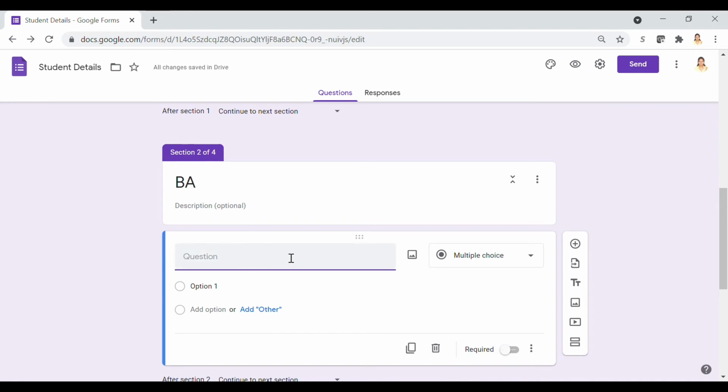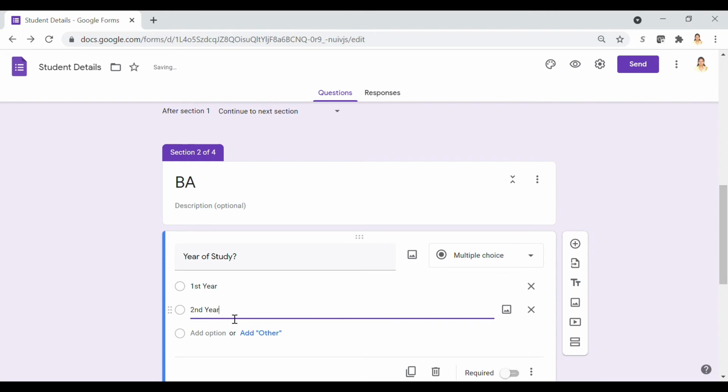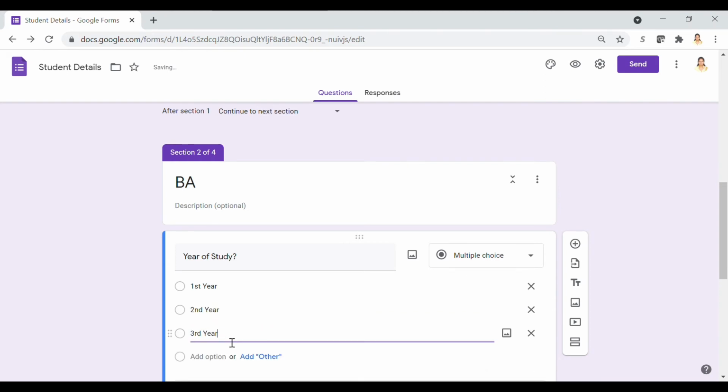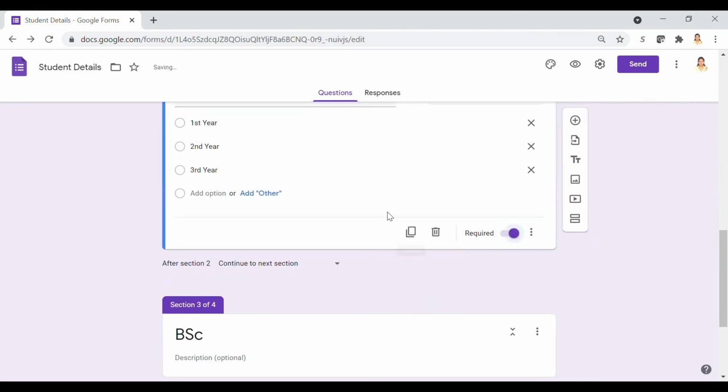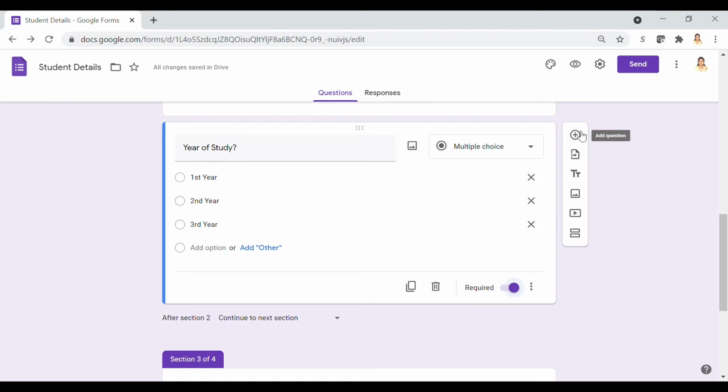Next question we thought of asking them is year of study, wherein we choose multiple choice and give options as first year, second year, third year. Let me add another question for capturing contact number.